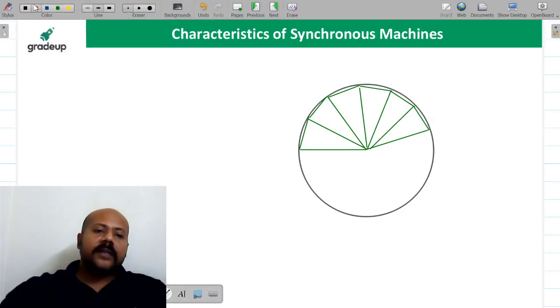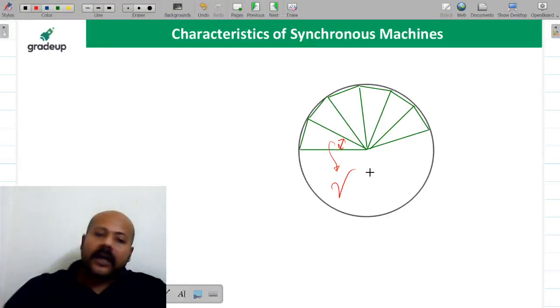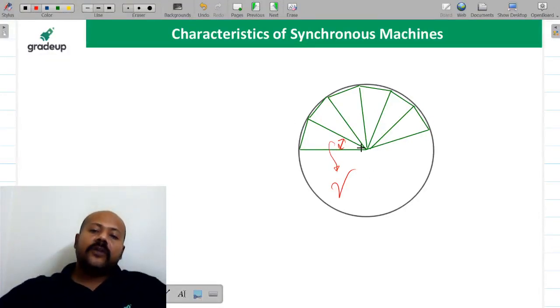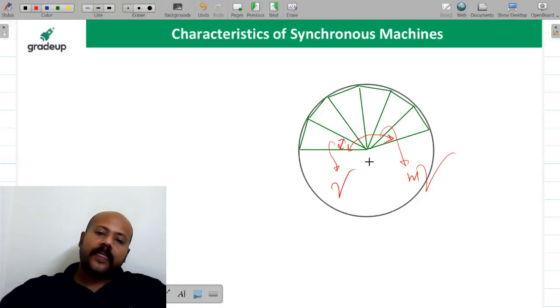Now beta, this angle we are saying as gamma. What is gamma? Gamma is the slot angle. So for each slot you are having it like this. Can you tell me what this total angle is? This total angle is going to be the phase spread, that is m gamma. Yes or no? Now I want to know the phasor sum